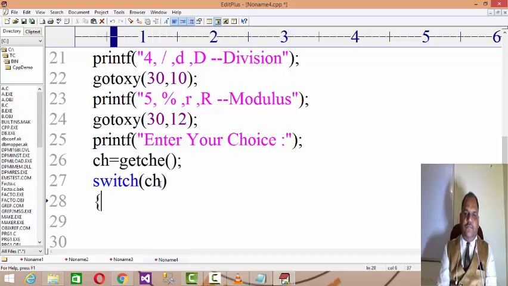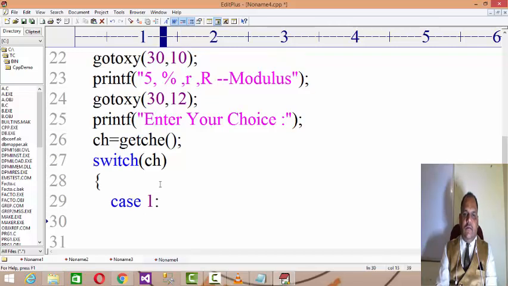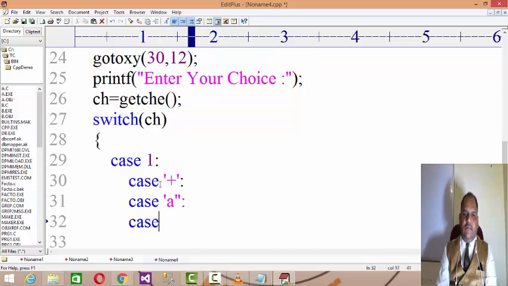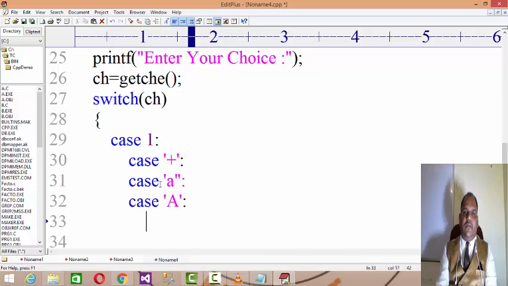So switch ch. In case 1, if it is case plus, if it is case a, and if it is case capital A, all represent addition.